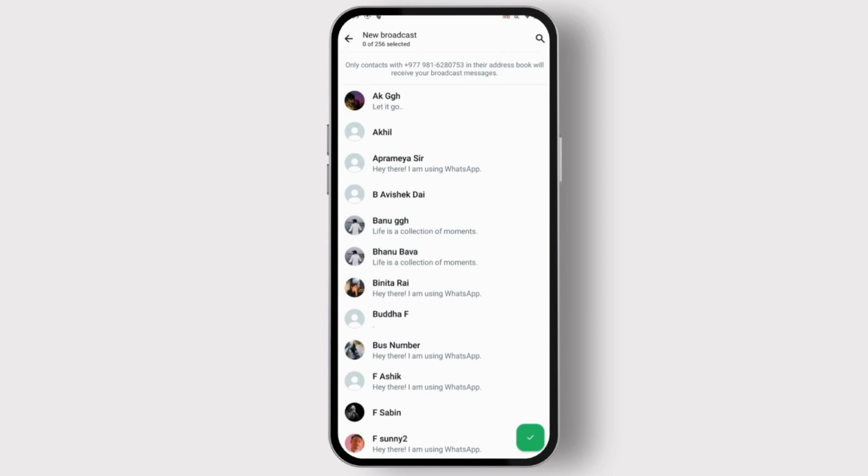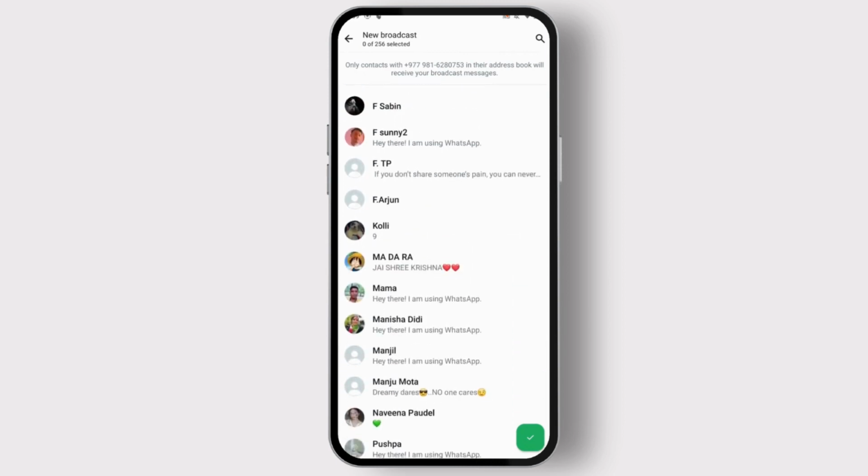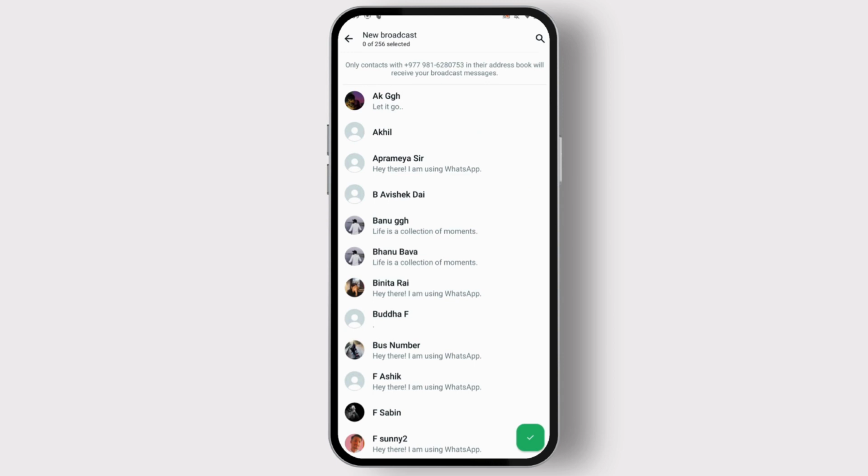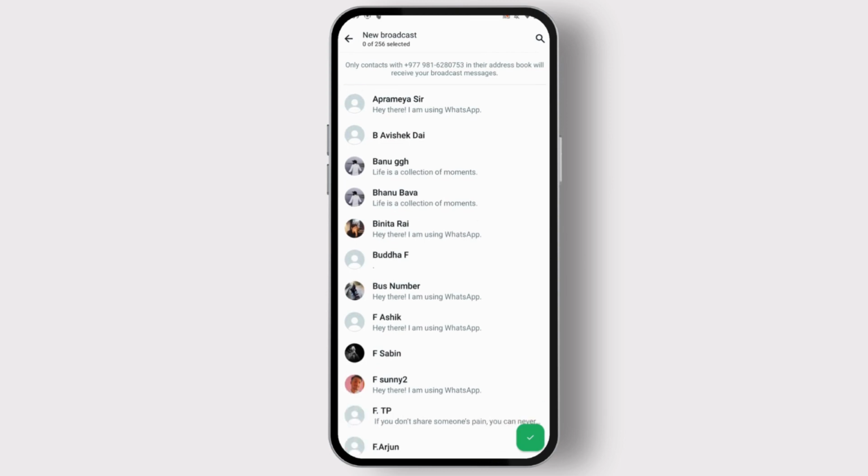After tapping on new broadcast, now you can find all the members in your account. So what you can do is simply select those members and add them to your broadcast channel. Just select the members that you want to add,